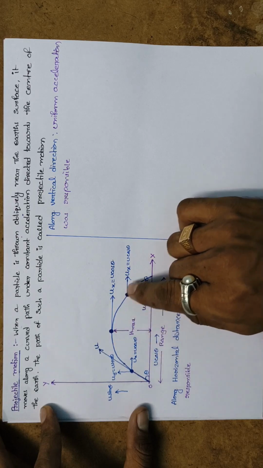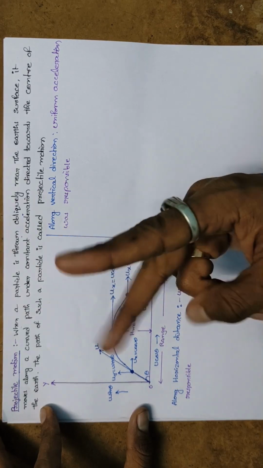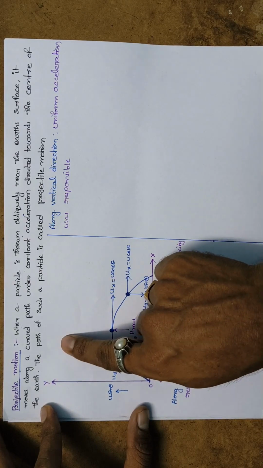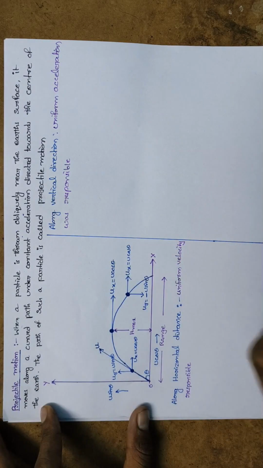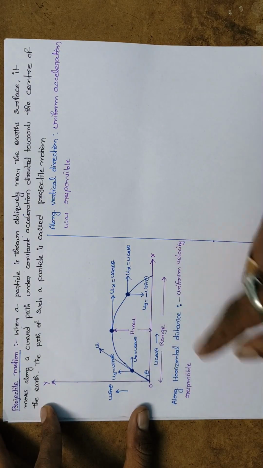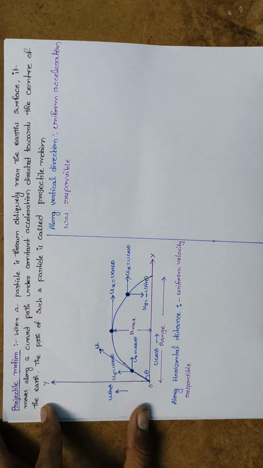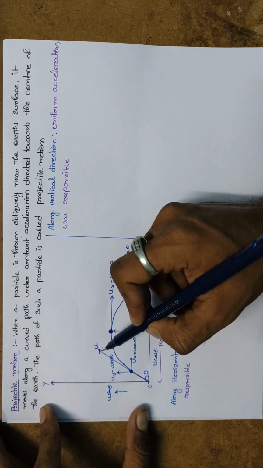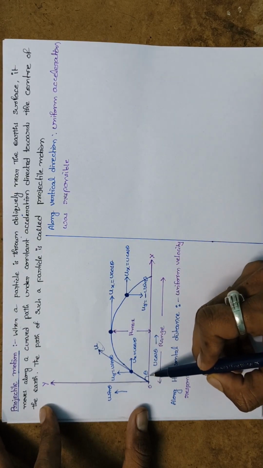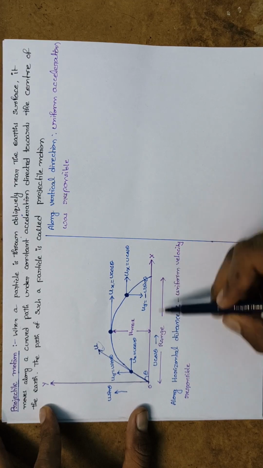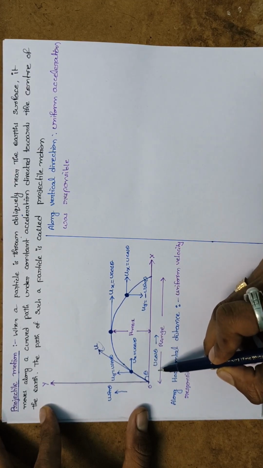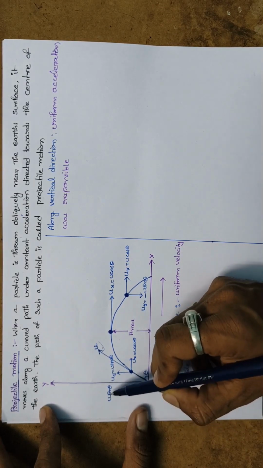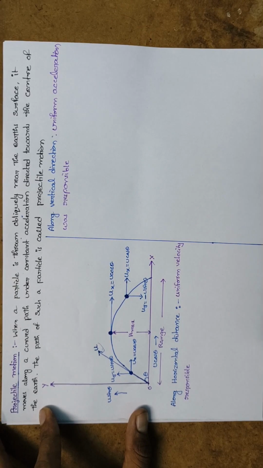So at each and every location, the particle covers two motions. One is a horizontal motion, another one is vertical motion. So that's why the resultant motion is called projectile motion and the path is called a parabolic path. Okay, so look at here, this is the initial velocity, right? So here u is called the initial velocity and this initial velocity makes an angle theta with respect to the horizontal ground. According to resolution of vectors, the horizontal component is u cos theta and the perpendicular component is u sin theta. Okay, so please remember.